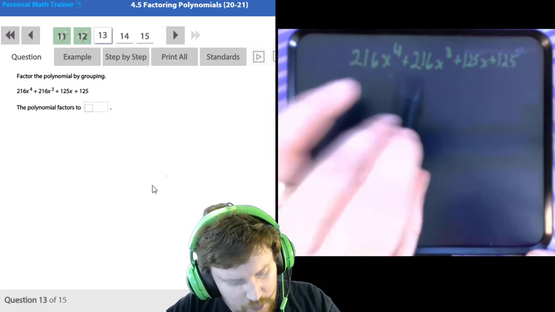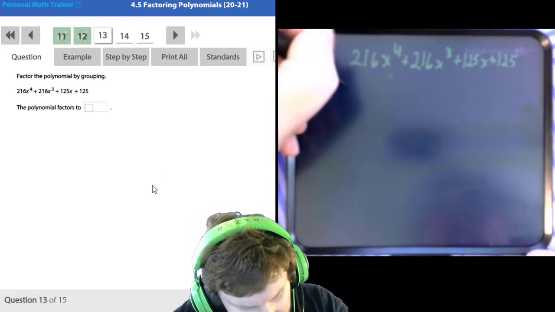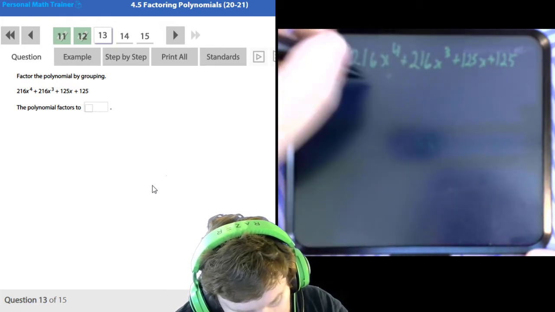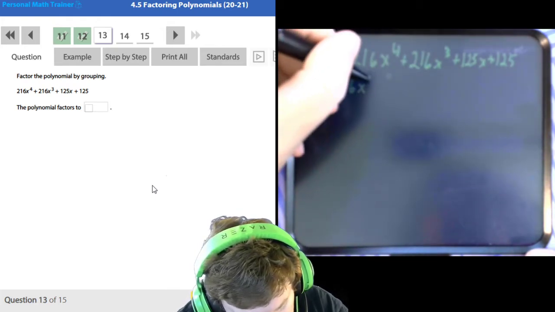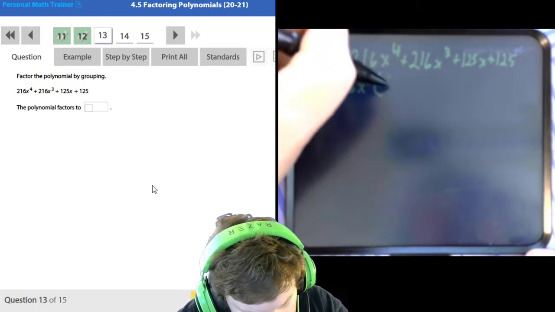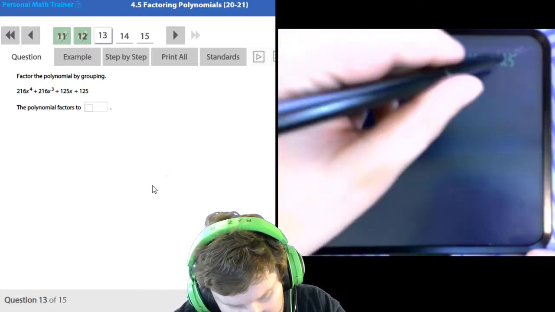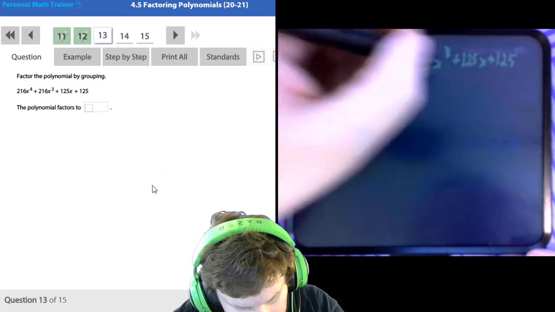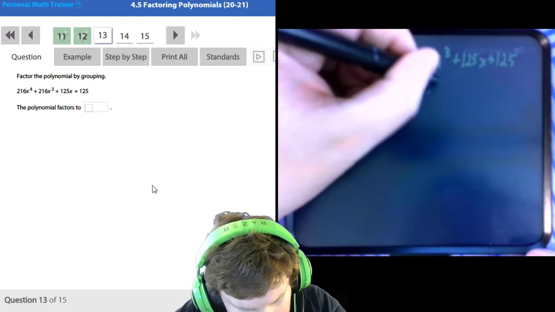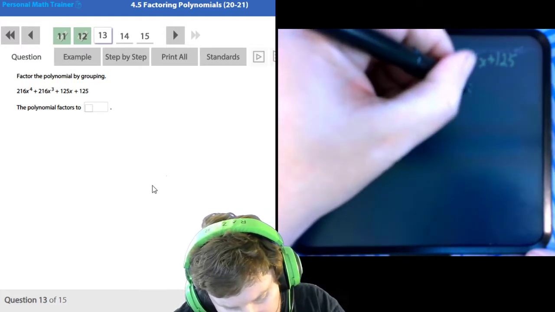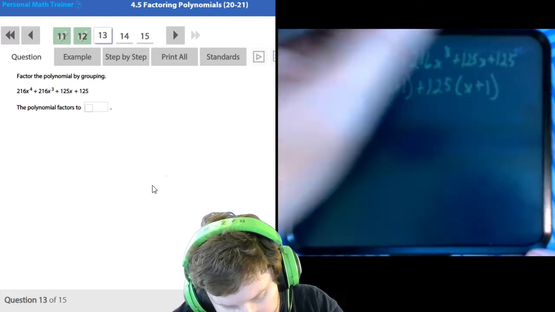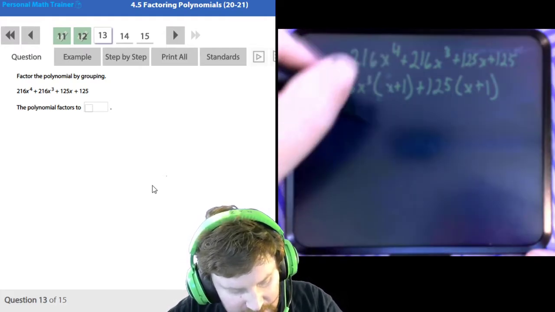So I see that 216x cubed pulls out of here, leaving us with x plus 1. It looks like 125 is going to pull out of there, so that leaves us with x plus 1. The x plus 1's match, so we can do